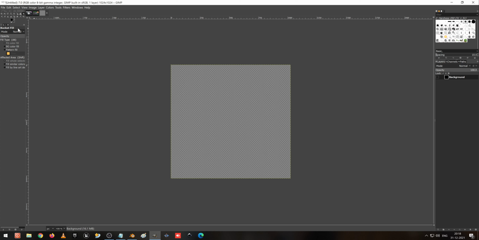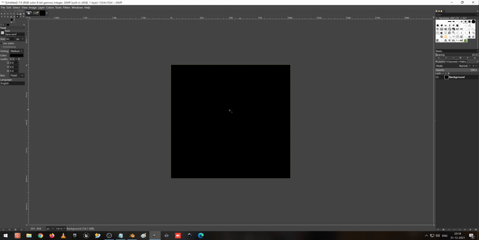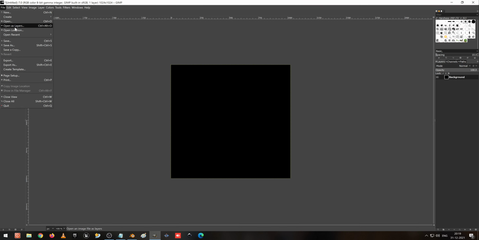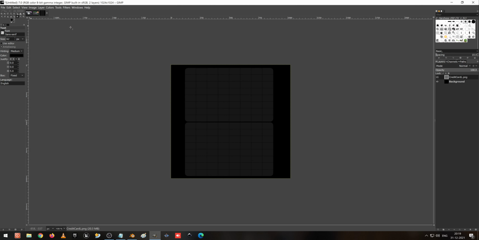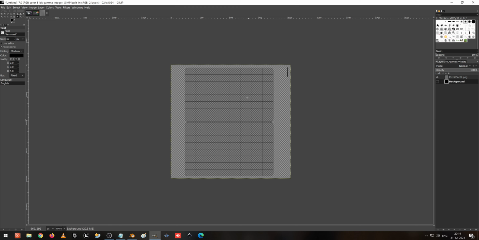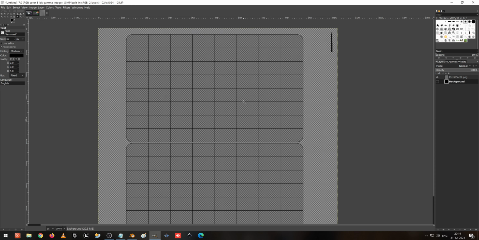Now I create text, go to text, and I turn on the background. Before that we have to do one thing, open a layer. I go to the layout, I am going to modify it, I open a new one, and I have opened the credit card layout. Now we can see this is the layout which is required for us. So here only we are going to model.